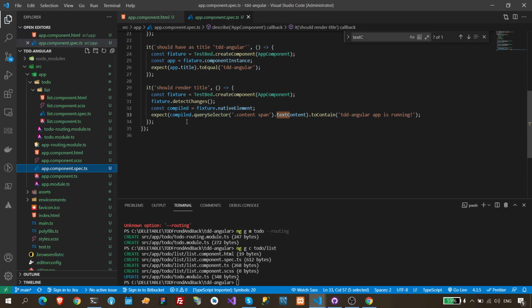So let's read this first. Okay, it's gonna create the component as a fixture and detect the changes, and then fixture that native element compiled. So the compiled one, it will check for this elements, then the text content, and the text content should be this. Okay,